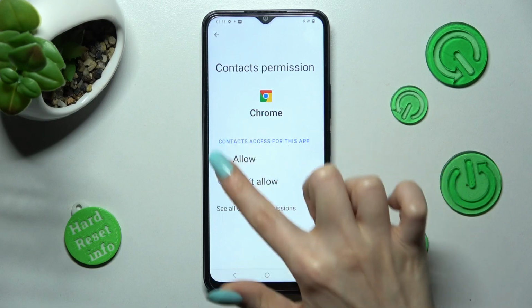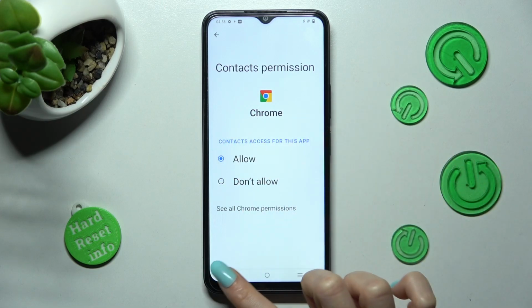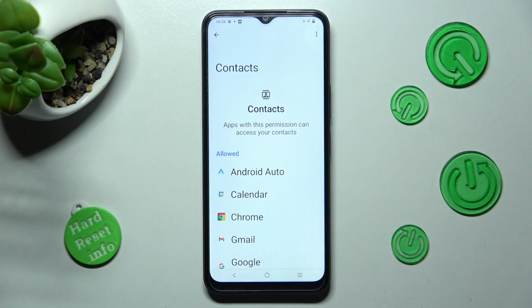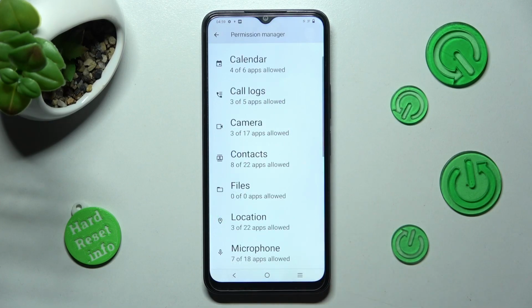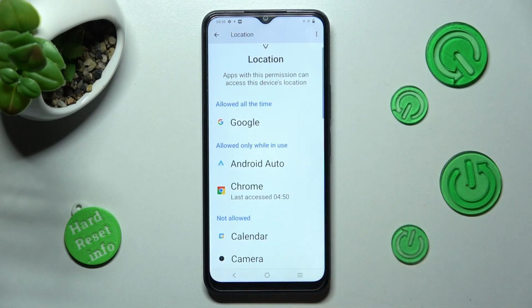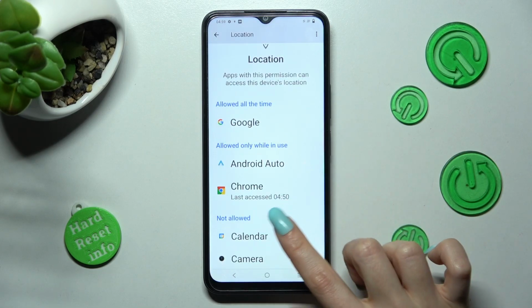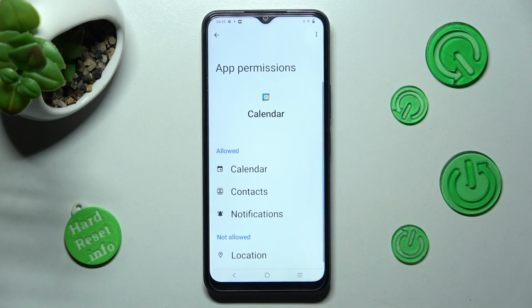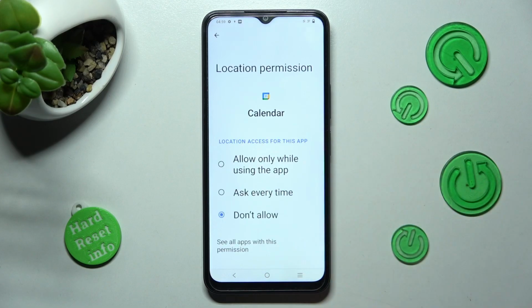I will go with allow, so I have to click on it, tap on the back button, and as you can see, after that, Chrome just gained access to my device's contacts. But you can always go back, pick any feature, and then look for an app that you are interested in. For example, calendar. Now click on See All Calendar Permissions instead, and manage all of them only for this app